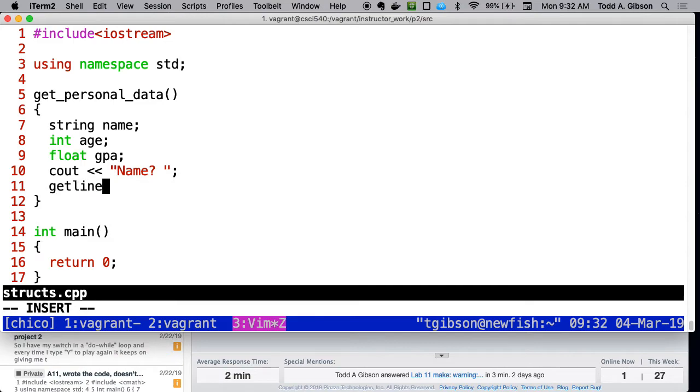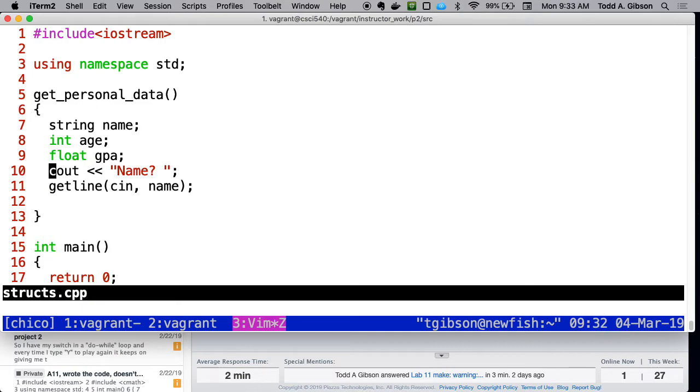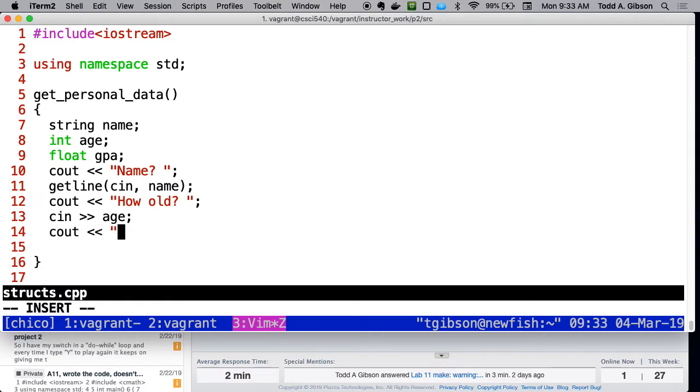So it'd be getline from cin, the name, cout, how old, how GPA, not quite sure what to put there. All right,